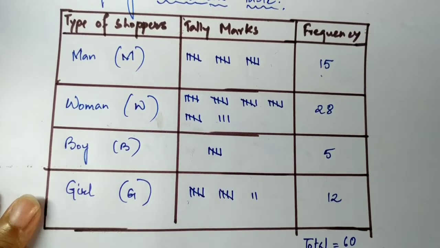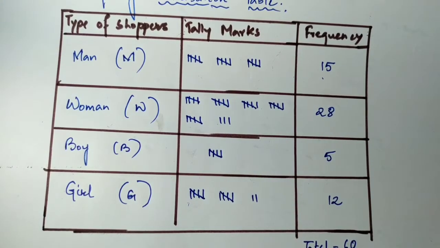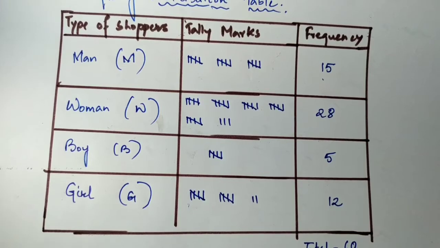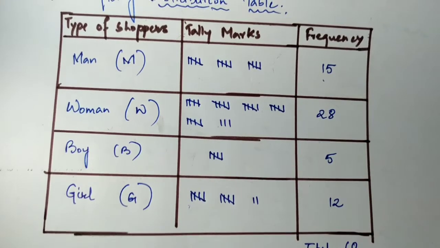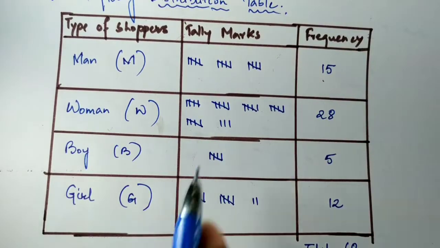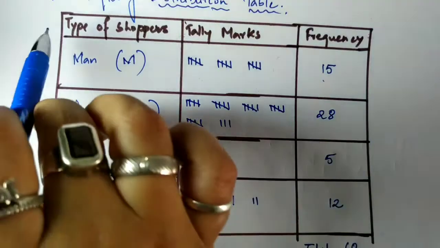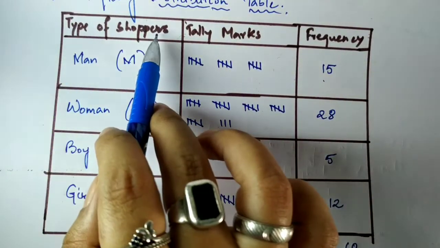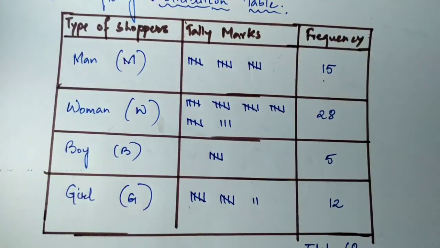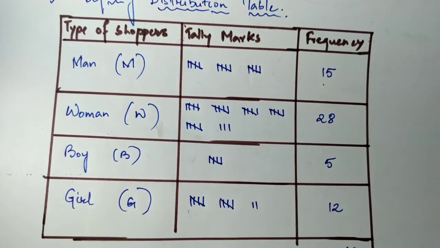And if you want to know whether this particular frequency distribution table is correct or not, you can count the number of W, M and all of this together, and you will find there are 60. So that means your frequency distribution table is correct. So remember, for the frequency distribution table for any data, these two columns, tally marks and frequency, the names remain the same. Only this column depends; suppose it's type of fruits or number of fruits, then this particular column changes. Okay, so this is the way the first part, making the frequency distribution table for the given data, is done.